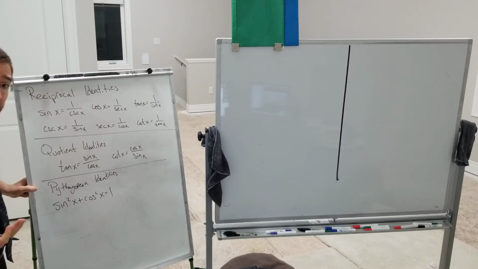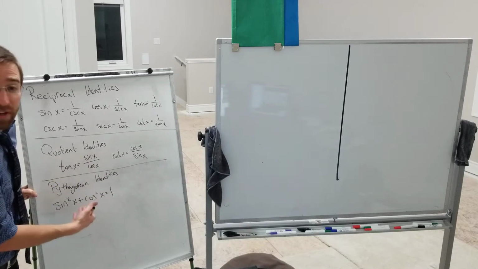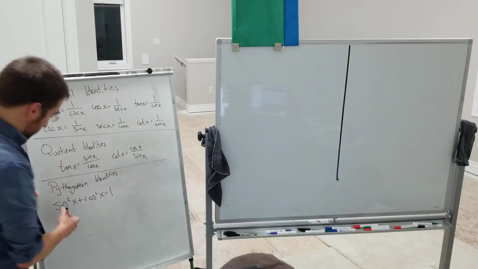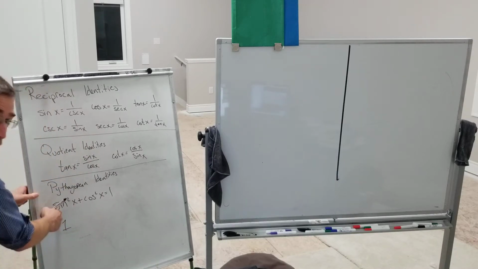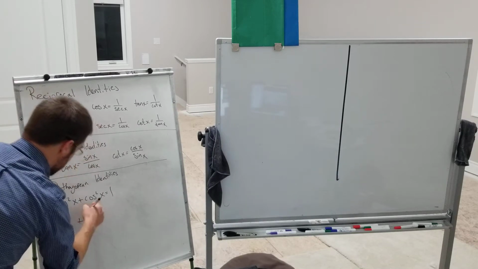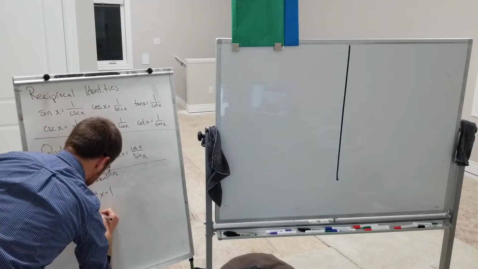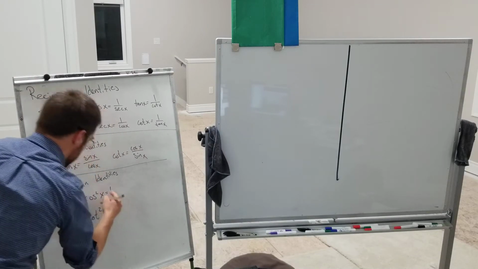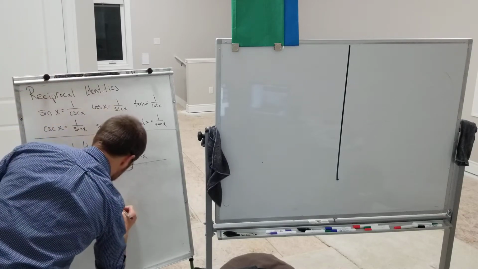And to get the other two, I can either divide this all by sine squared x or divide it all by cosine squared x. So if I divide each of these by sine squared x, I get 1. Sine squared over sine squared is 1. Plus cosine over sine is cotangent, so cotangent squared x equals 1 over sine, which is going to be cosecant